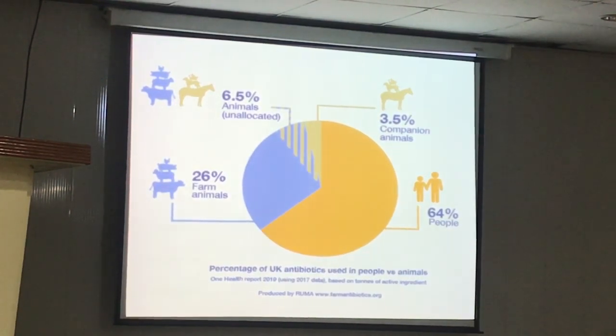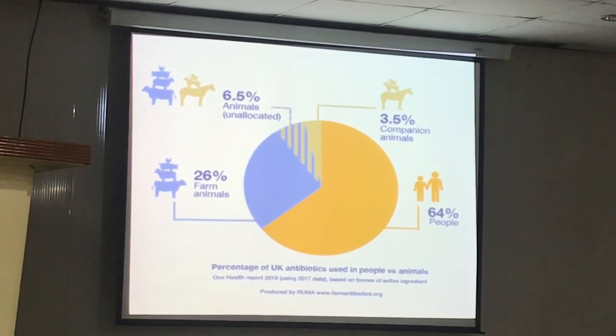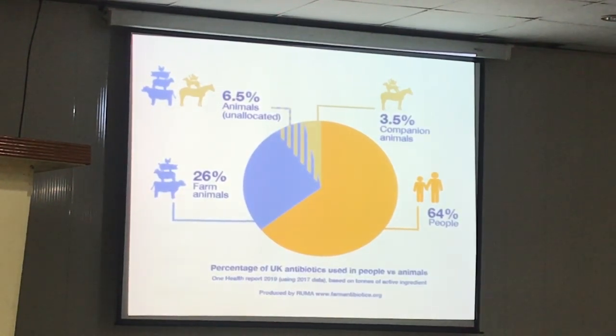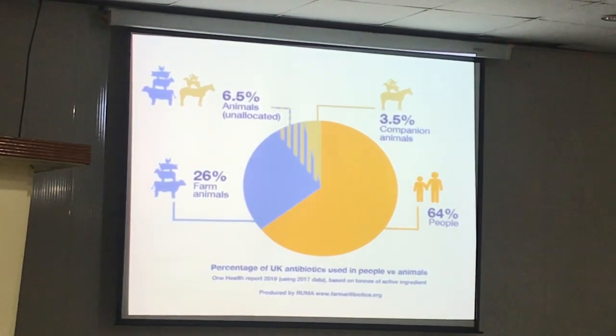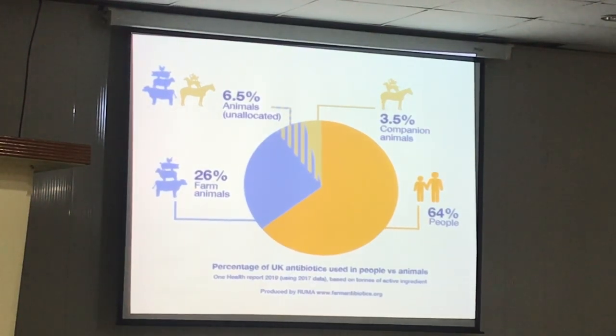Now, the figure of antibiotics. As I was saying, the proportion of antibiotics used in humans and animals is not cast in stone. It varies from country to country. Now here is an example. I showed a graph from the USA where 70% of the antibiotics were used in animals. Now this is a pie chart from the UK where 64% of the antibiotics in that country are used in humans, just the opposite. So there are situations where humans are consuming more, or in other words, the animals are consuming less. So if you want to control, there are examples where you can do farming using less